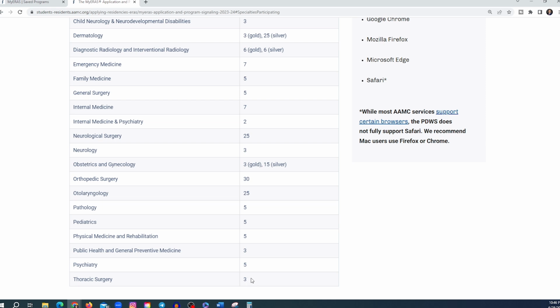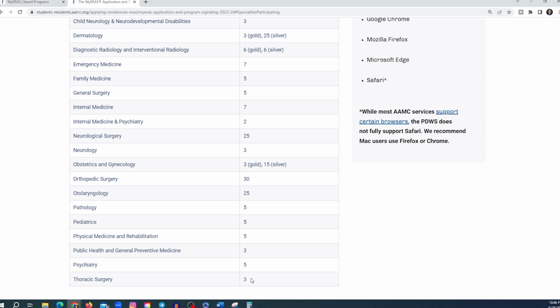And by the way, to help you with program signaling and choosing a realistic list of programs you can signal, we created a list of different residency programs across the US with different specialties, cutoff scores, whether they sponsor visa, which type of visa, US clinical experience, year of graduation, and for international medical graduates, we added the percentage of IMGs. So if you're an IMG and you don't have that competitive application, you can search for programs that have higher percentage of IMGs. So you can filter by that by choosing, I want only programs that accept over 50%